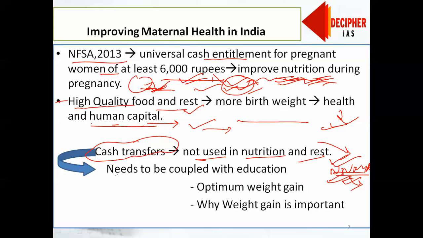So what should we do? We need to couple this with education. That is, we should teach mothers that they should have optimum weight gains, and what initiatives they should take, or what things they should do to have their optimum weight during pregnancy. And we should also tell them why weight gain is important. We should tell them that if you do not do this, your child can suffer from this disease, this disability, this mental imbalance, etc. Okay,